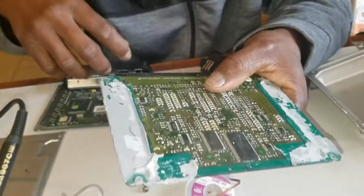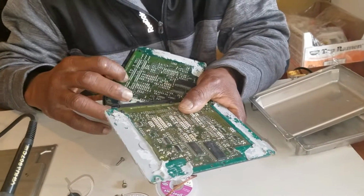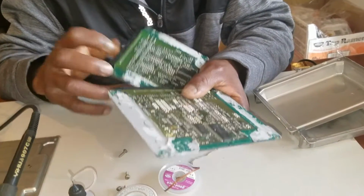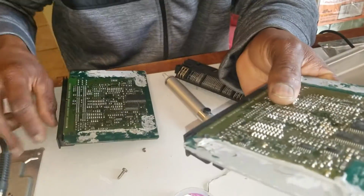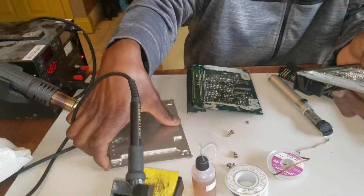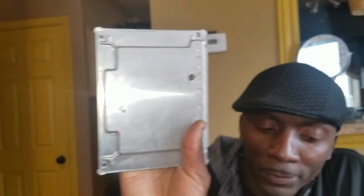And in the back side here, I welded a piece of wire, 2 wires actually, on the corresponding pins. Welded 2 pieces of wire and drilled the back of the casing. As you can see, a small tiny hole, and ran those wires through this hole. I put some silicone on there to prevent any kind of liquid or water from going in. And I put those wires through this hole and ran it into the wiring harness, the loom,